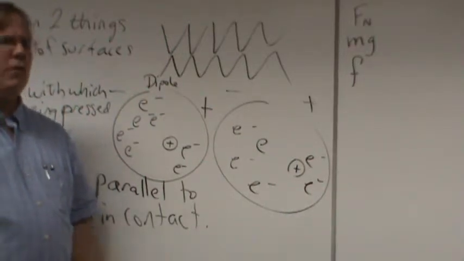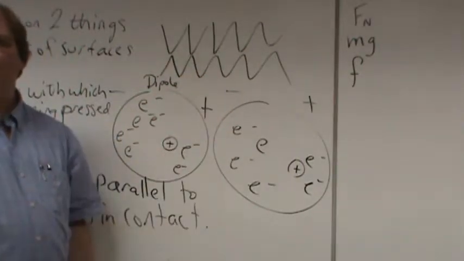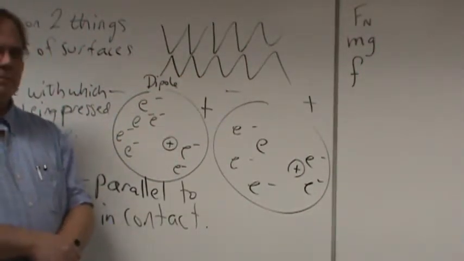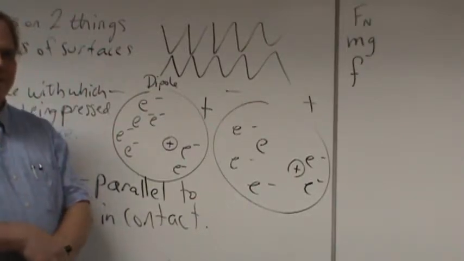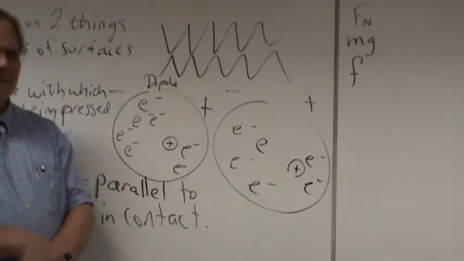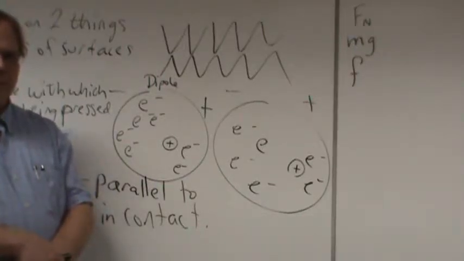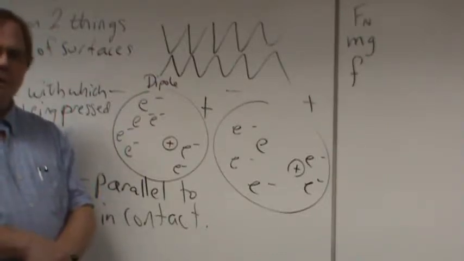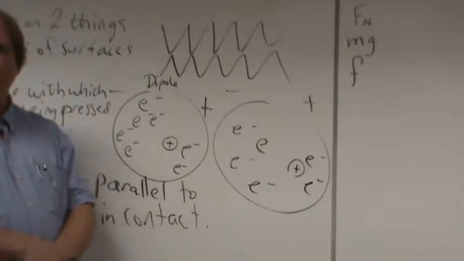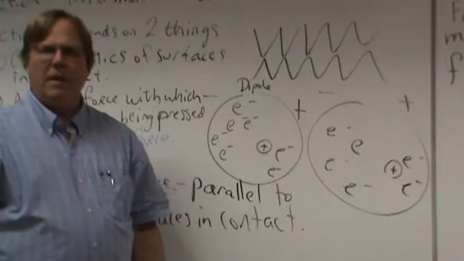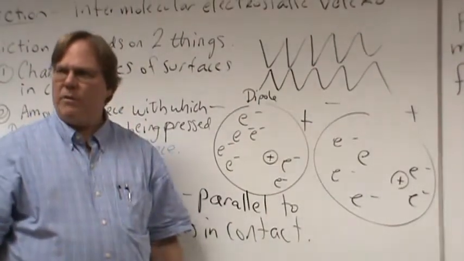Why do I get more friction when these two surfaces are at rest rather than when they're moving relative to each other? Yes, Gavin? I'm just going to get a shot at it, but I'm assuming maybe it's because their bonds are together at first, so you need to break those bonds, and once they're broken, it takes less energy to keep them broken. Okay, cool, beautiful. You guys okay with that? If they're at rest, we've got all these bonds. That's correct.